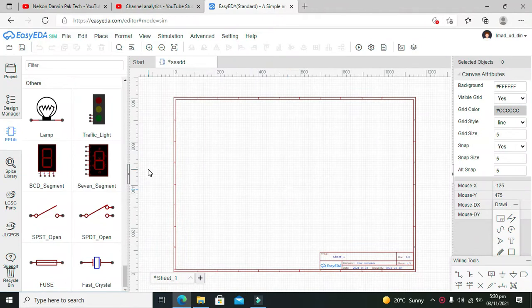So today we are going to learn about how to use a simple switch, or simply called an SPST switch, within easyEDA.com. SPST simply means single pole and single throw. So we need to click on this SPST